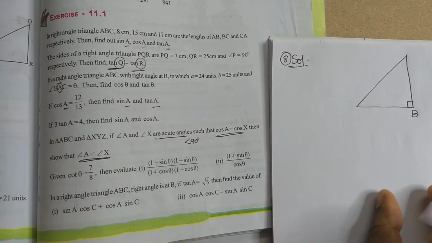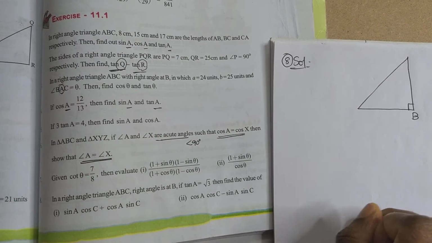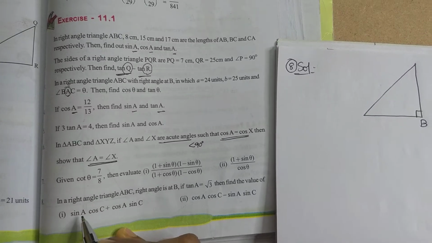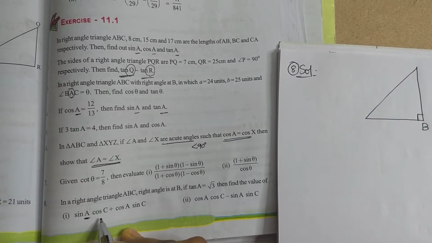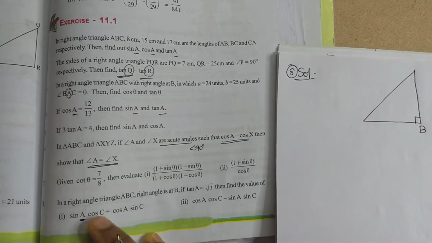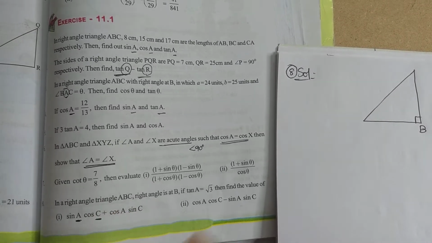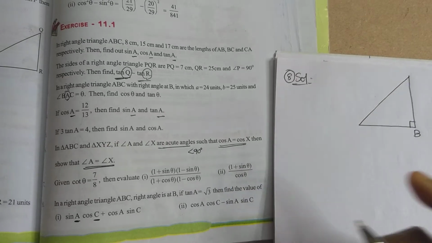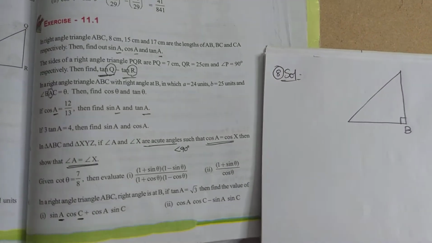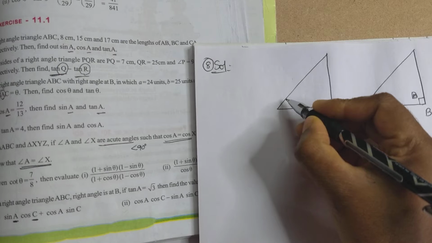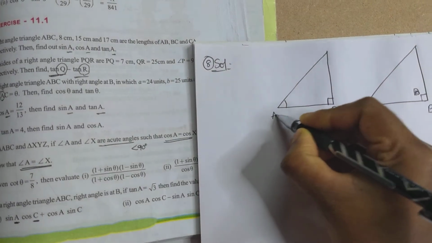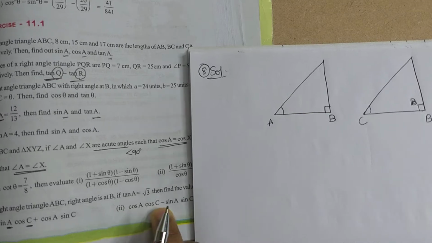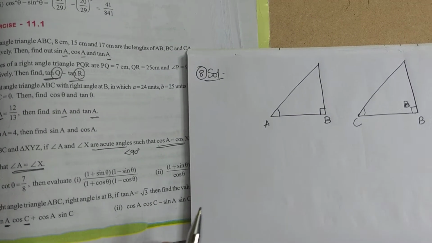See here we have to take two triangles. Why do we want to take two triangles? Because when you see here, two angles are considered as reference, A and C, not a single angle. Two angles are taken as reference. It means we have to take two triangles. So, one triangle with angle A as reference, other triangle with angle C as reference, because A and C are the angles taken as reference, right?